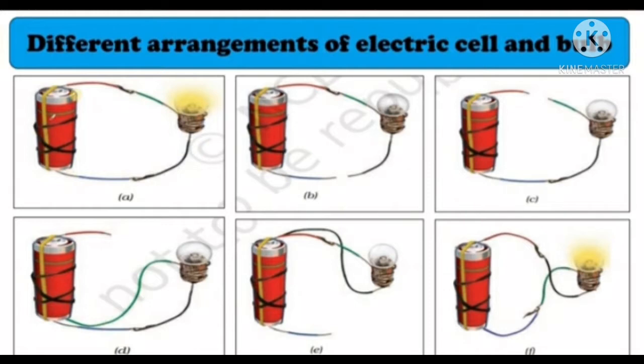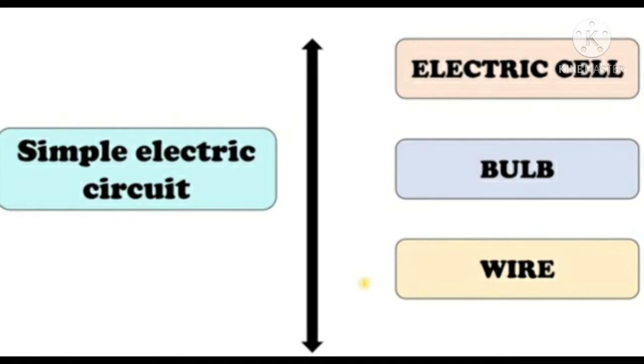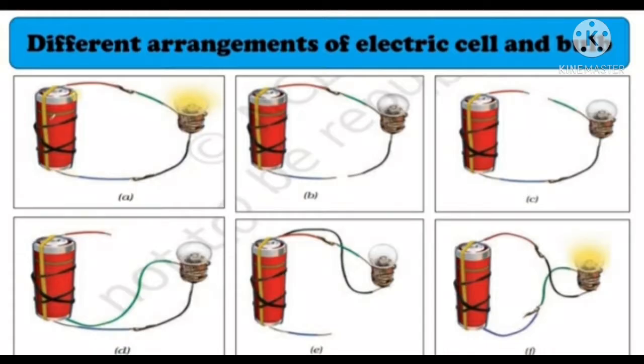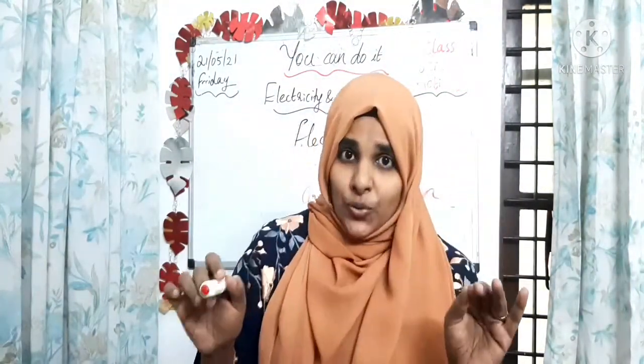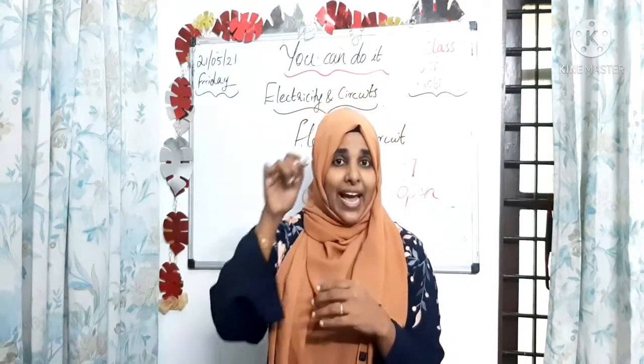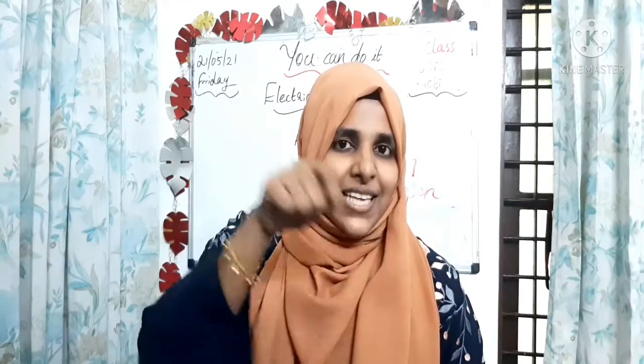Look at the picture, children. You have to draw and write the result of each picture in your notebook. This is your activity, and with the help of a circuit you can do it very easily, and you will get the result. So students, confidently we can say we did one experiment that shows how a bulb will glow. All should do this activity at home, on the back side of the notebook, and write the result. These 6 activities you have to do and write the results of.